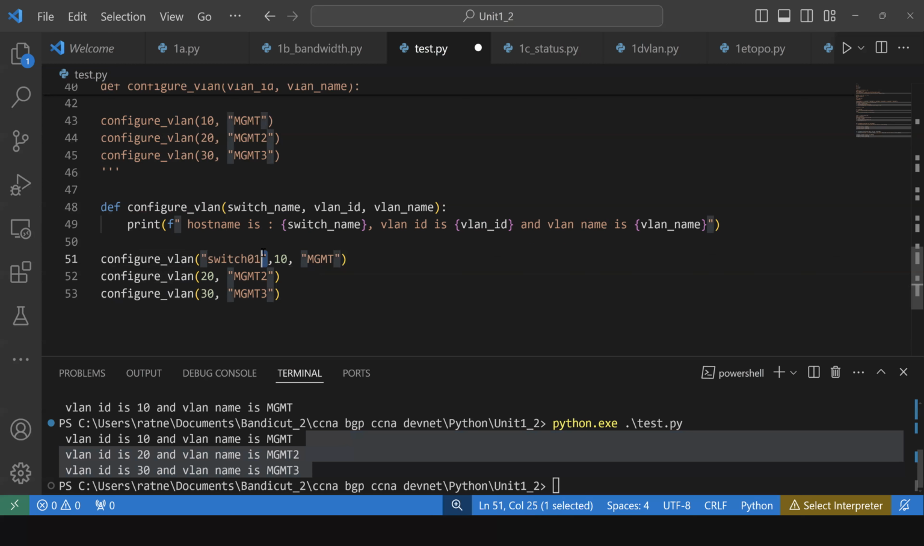That is a double quote. Double quotes, yeah. So either you use double quotes or you use single quote. If you mix, then it will throw error. So we'll use these double quotes and